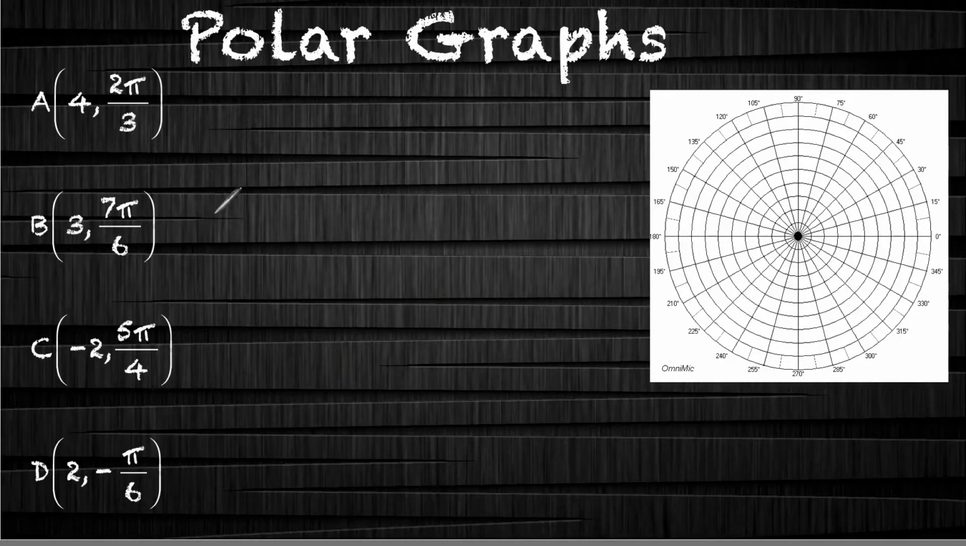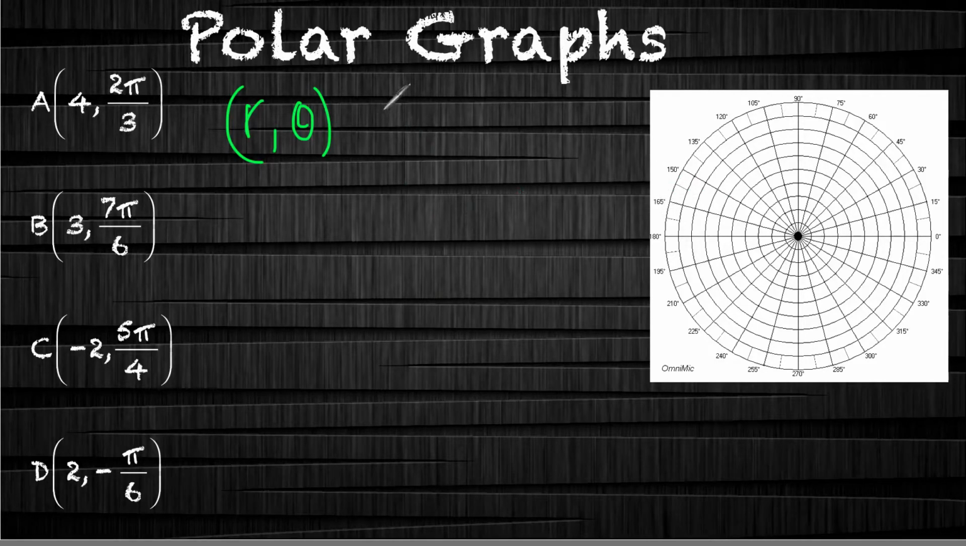All right, today we are going to talk about polar graphs and polar coordinates. And so we want to first start out by trying to figure out how to sketch polar coordinates. And so what we realize here is that all polar coordinates are written in the form r comma theta. And r is the distance away from the origin, and theta is the angle that you go towards on the unit circle. So letter A, 4 comma 2 pi over 3, means to go 4 units in the direction of